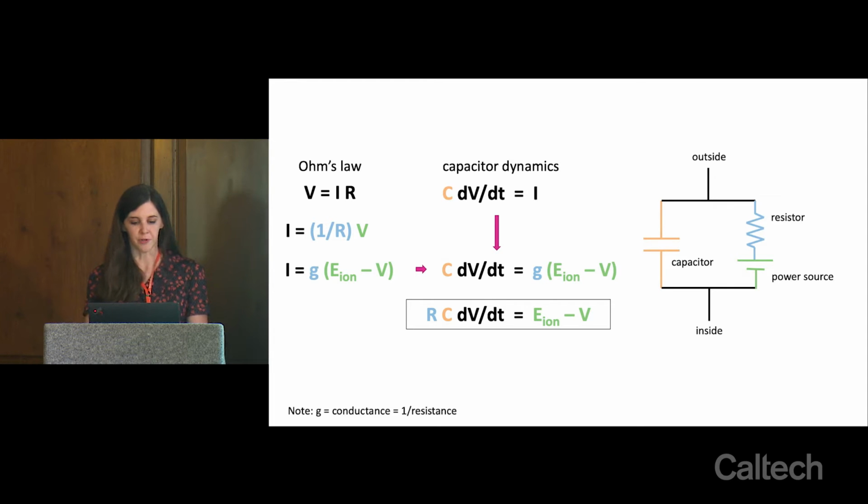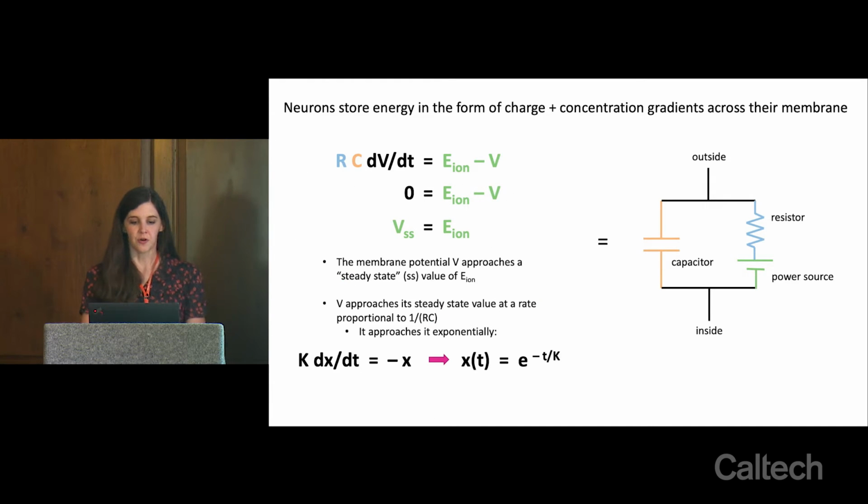And with a little bit of rearranging, we can come to a formulation that looks like this. We've just divided both sides by the conductance and turned it back into a resistance, and we get this equation that looks like this. So we have our equation that is describing the behavior of this little simple passive membrane of our cell, and we want to understand how it's going to behave.